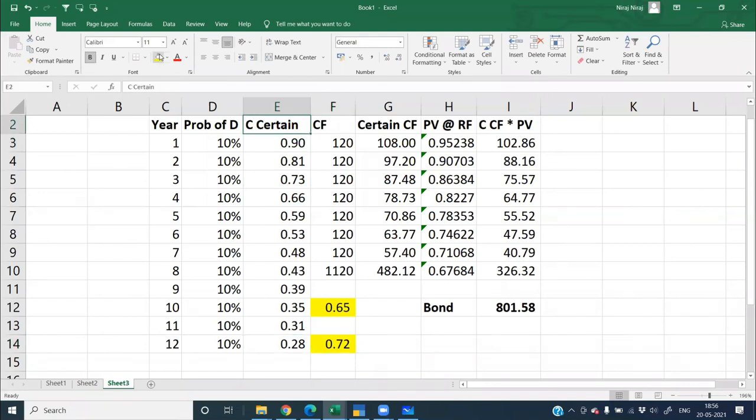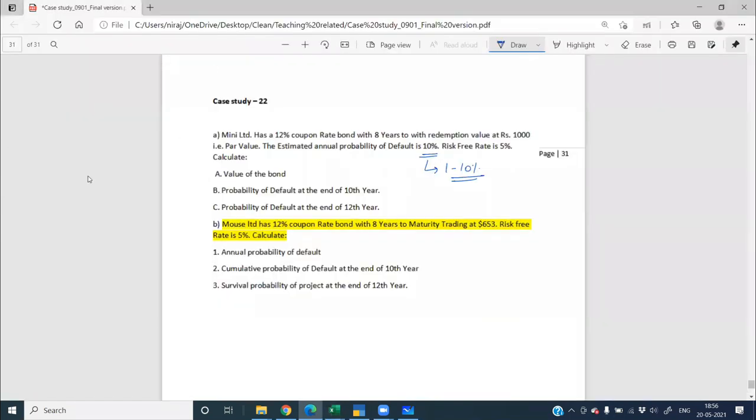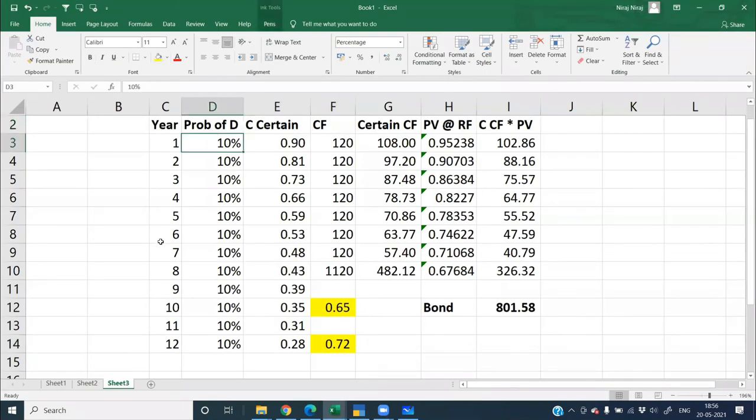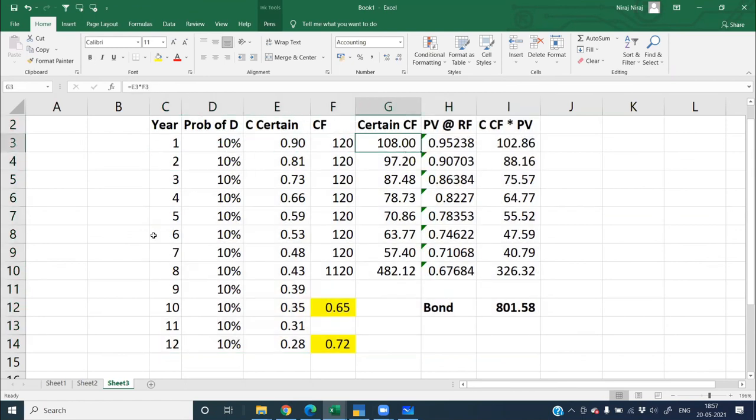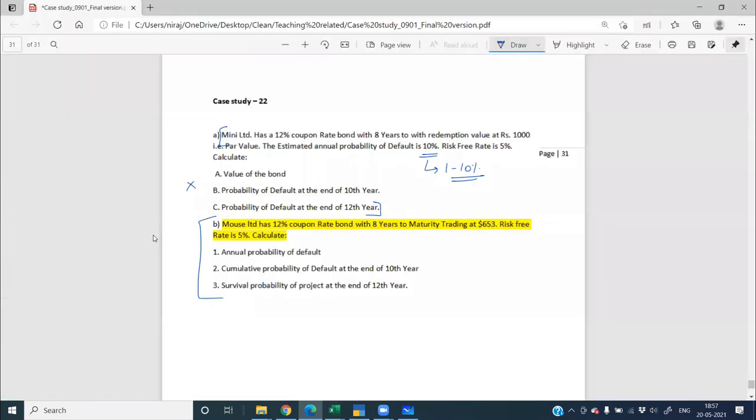Now the trick in the exam is they are giving it in a reverse way. Exam में ये question नहीं पूछा जाता है. Exam में this question is not asked. Okay, what they are asking is this question. Now here what they are telling you is you are supposed to calculate the probability of default. ये जो 10% हमने calculate किया है ना, they are asking you to calculate this 10%. Here we have inputted this 10%. In exam they are asking you to calculate this 10%. So how will you do that? आपको अगर ये चार्ट बनाना आ गया, then make the chart as it is with the same example of this percentage, calculate everything.